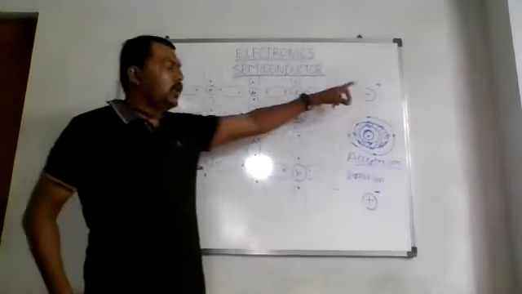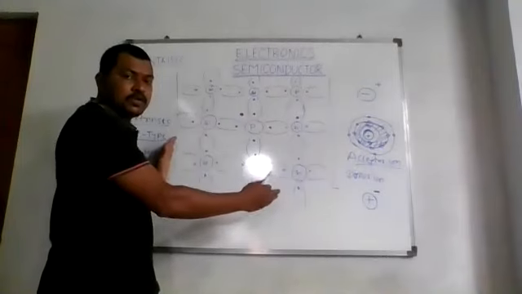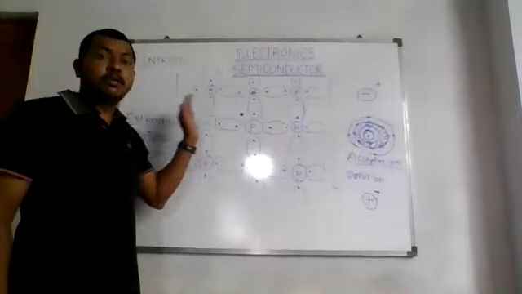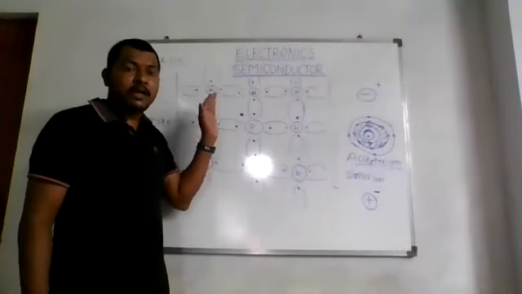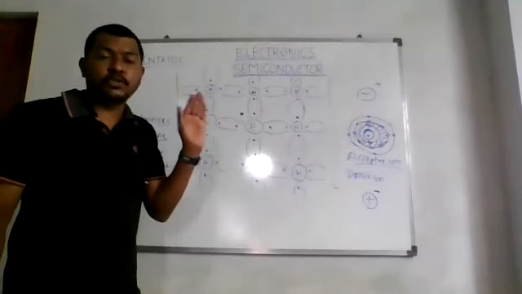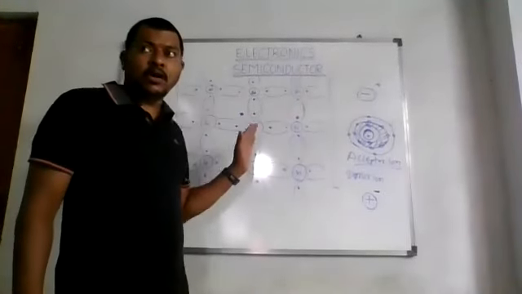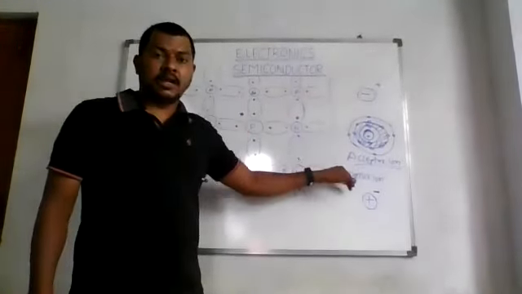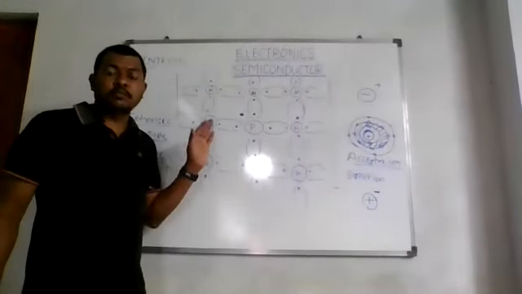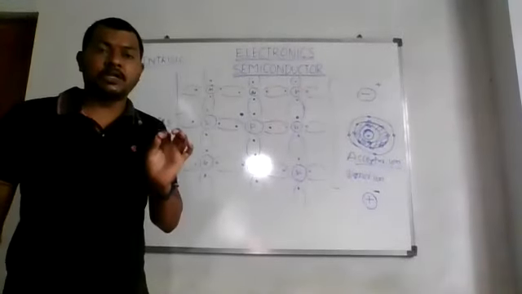So this whole ion will have a positive polarity, and if you apply an electric field to such a crystal, then the flow of current through it will be due to the movement of this positive hole, and therefore it is called a p-type, positive type of semiconductor, right? Since it requires one electron, it is called an acceptor ion. Also, the positive holes are the majority charge carriers, and these bulky negative ions are the minority charge carriers.